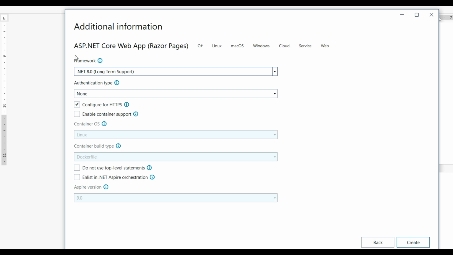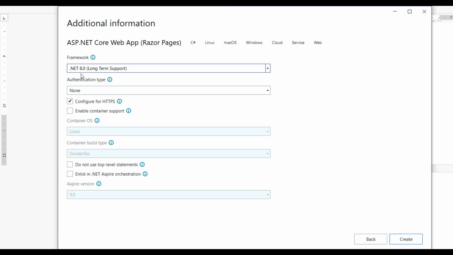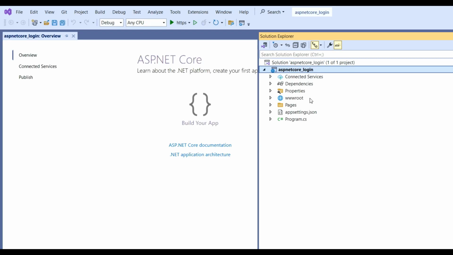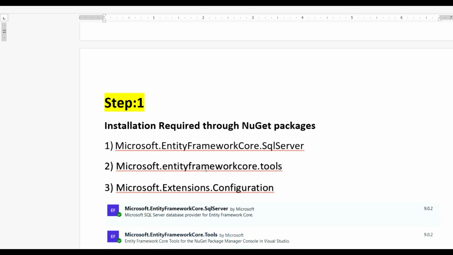Here you can see ASP.NET Core Web App Razor Pages and framework. Here we are using .NET 8.0 long-term support, and click on the create button. Now you can see that your ASP.NET Core login project has been created, and there are different folders like properties, dependencies, pages. Now we need to follow the first step,